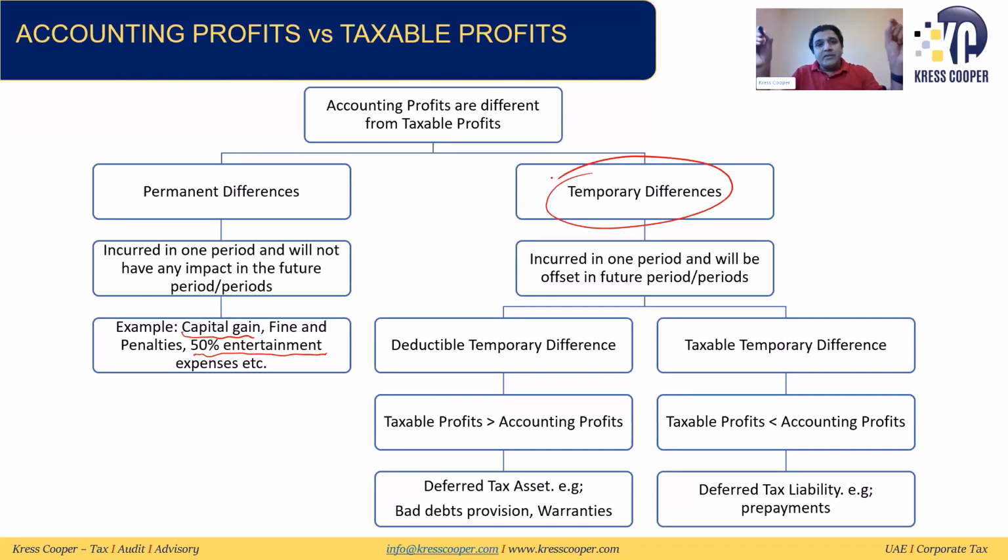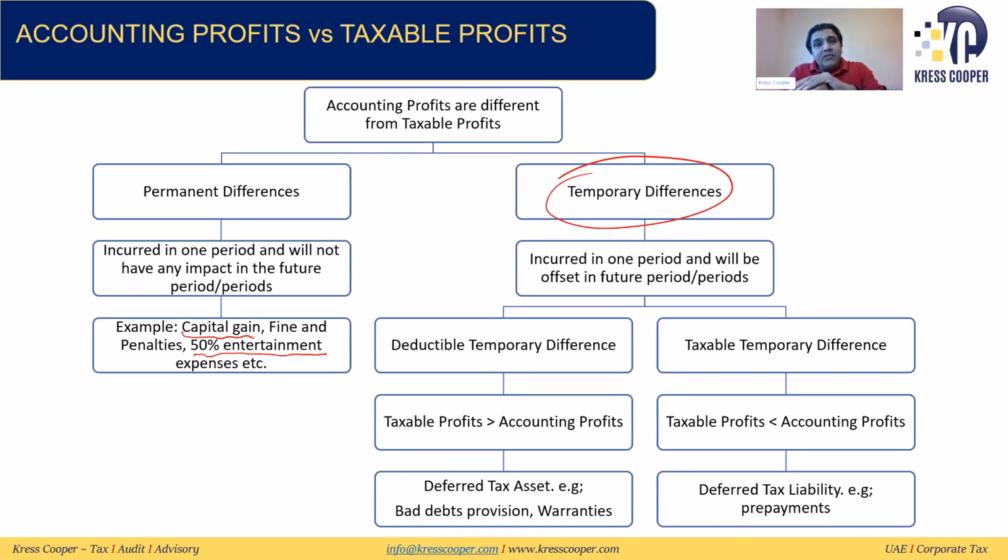These temporary differences will have an impact in one tax period, and they will also have an impact in the subsequent tax period. So temporary differences impact the current tax period and the subsequent tax period; there will be only a temporary timing difference. Overall financial impact will be the same. Incurred in one tax period, the effect is offset in the subsequent tax period. These temporary differences can be deductible temporary differences, a little bit tricky, technical words, or they can be taxable temporary